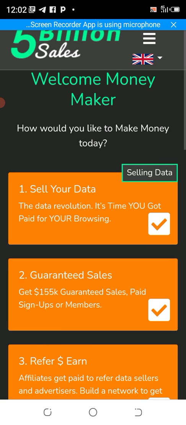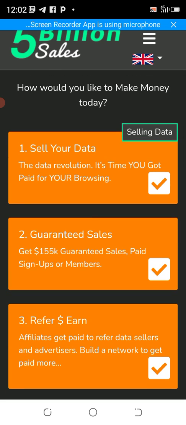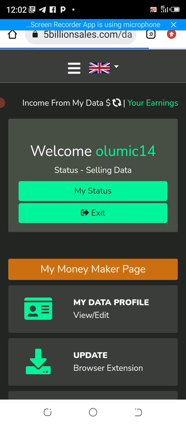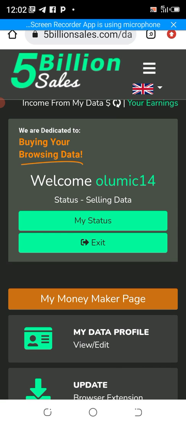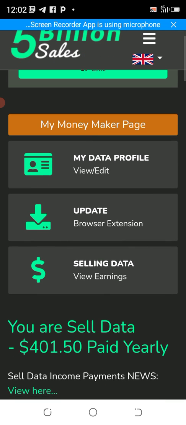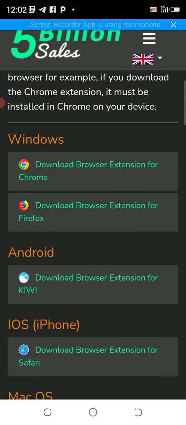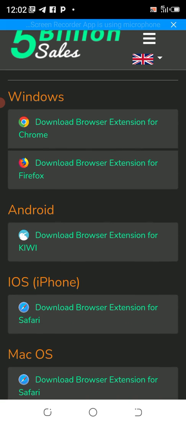Then I have to click on sell. Yeah, so when that is also loaded, let's wait for it. Okay, this asks, so I have to click on the second level, which is browser extension. Then scroll to where you will see download browser extension Kiwi. So you click on it